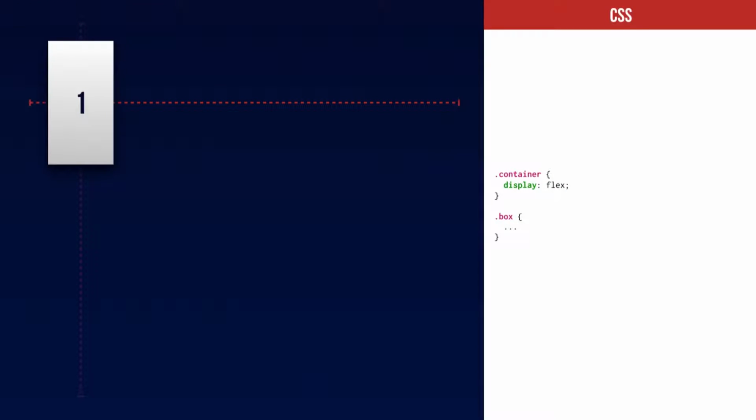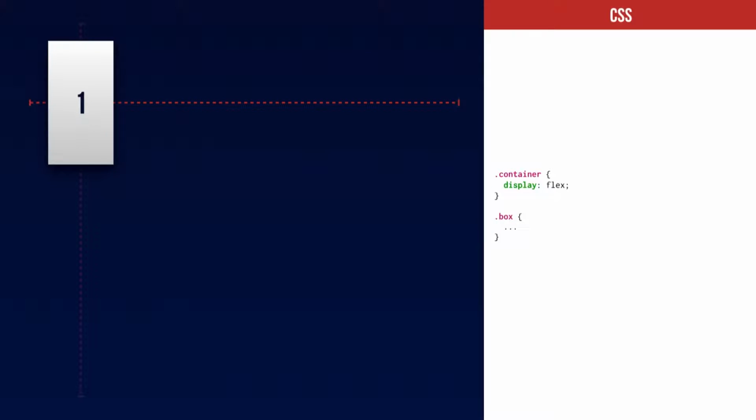So to make something a Flexbox container, you take the parent, and instead of saying display block or display inline block, you just say display flex, right? It's that simple. What that does is it tells all the direct children inside of that parent container that they should behave like a flex container, essentially. So assume we have a magical invisible container on our blue side, and then all the little white boxes is